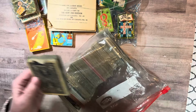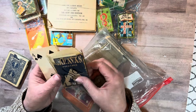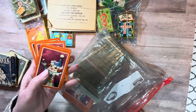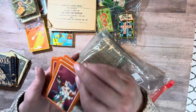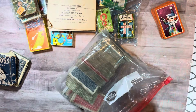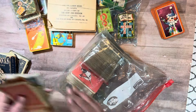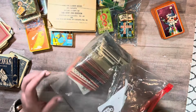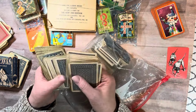I probably won't keep that one. And that one. I did catch a glimpse of these clowns, and I thought they were cute. A little clown and a mouse dressed up like a clown. I won't keep those. There's some dogs, which I won't keep, but I'll...